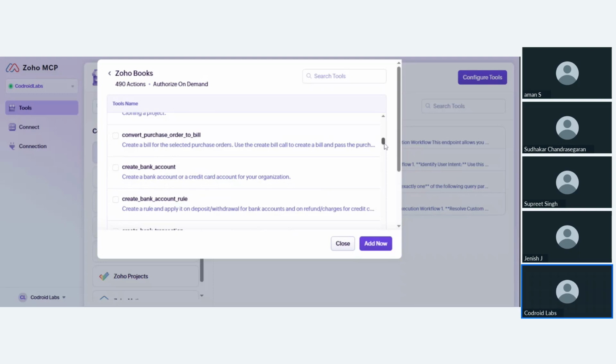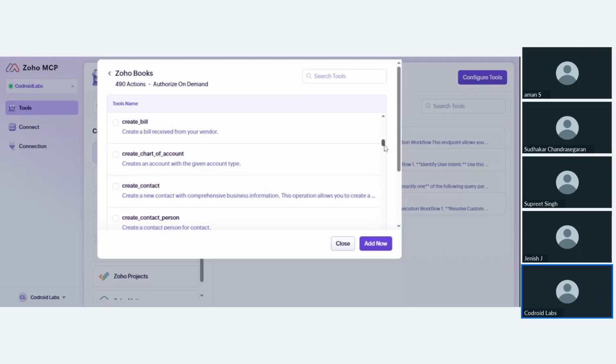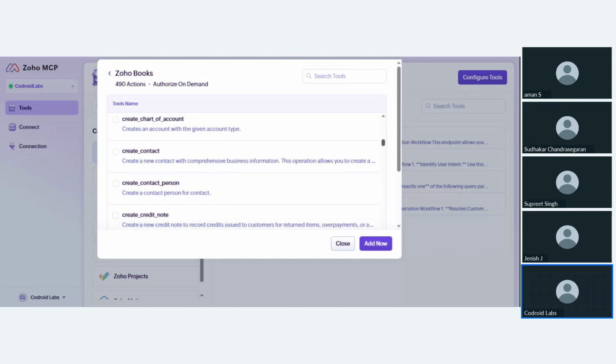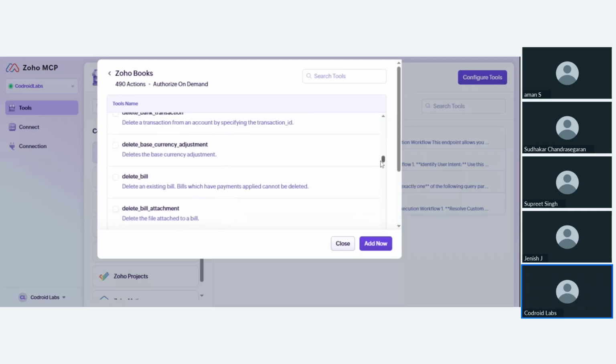Because the LLM model will do a lot more with the help of this data, it directly communicates with your Zoho ecosystem inside your ChatGPT, giving you better visibility, saving your time, and enabling a more strategic approach with your data. So that's very helpful to you.